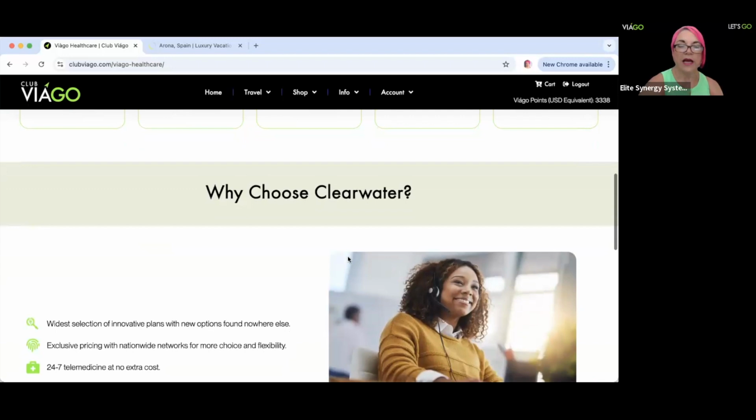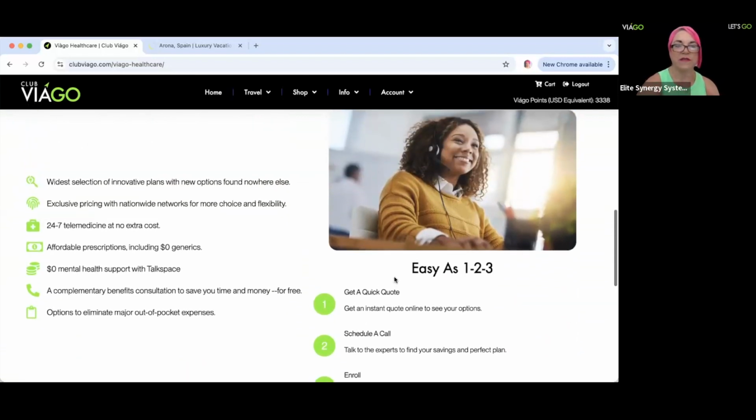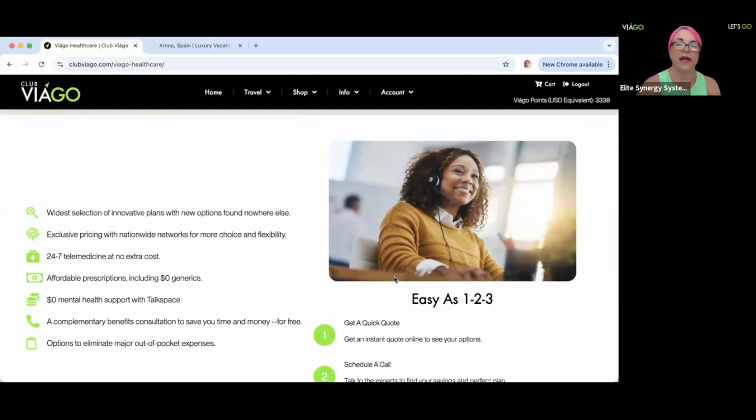And then you can actually set up your own appointment right here. You can get a quote, definitely schedule a call. I will tell you, if you're interested in this part, once you've looked through and found the options that are available and put your questions together, the calls are complimentary. That is how they service our community,